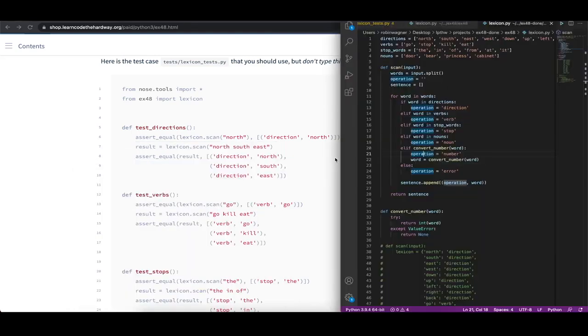And if you just take a look at that, if we compare it here to the test cases, we have, first of all, our assert equal that north, if we type that in, should give us back direction north. And then if we have an input of 3 different words, we want that split up into tuples, which are part of a list. So one way how we could solve that is that if we think back to the list of